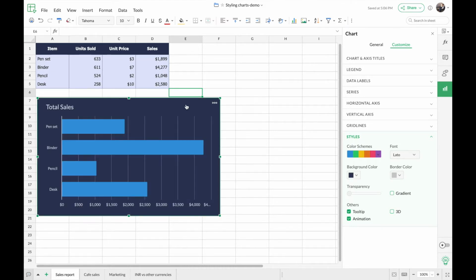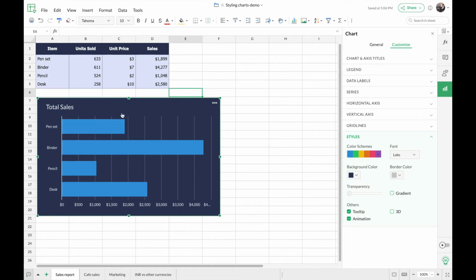So you can see how I can make quick formatting changes right besides the chart as well. So now that I've changed the background color of the chart to a darker shade, you can notice how the labels present in the chart automatically change to a lighter color for readability reasons. So now that I've changed the background color, I'm going to change the color of the bars in this particular chart as well, so that the bars are more prominently shown.